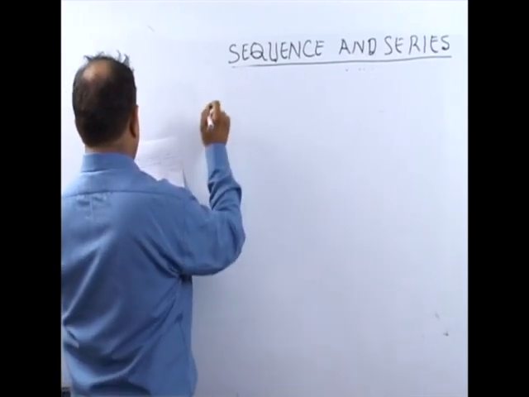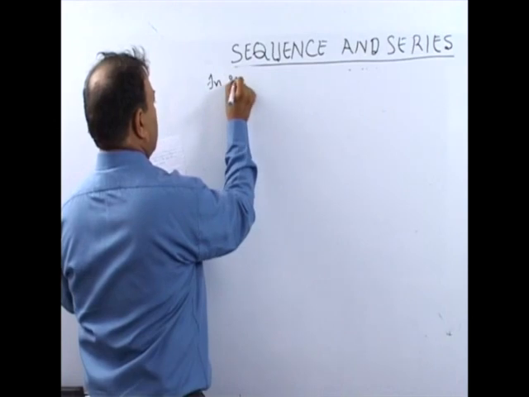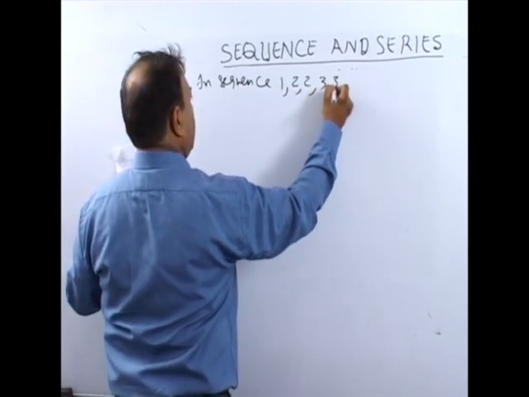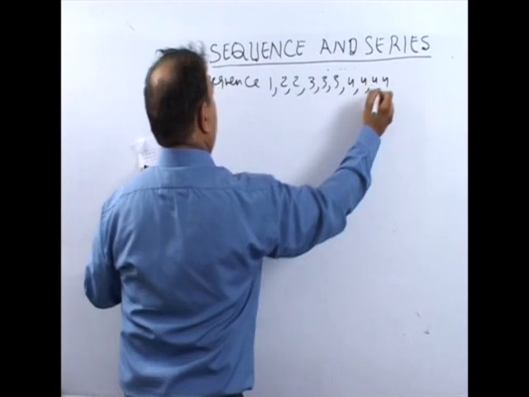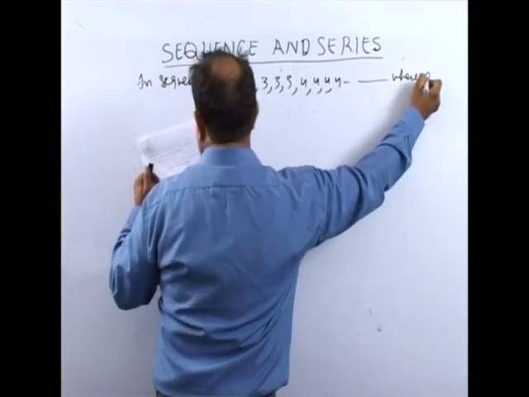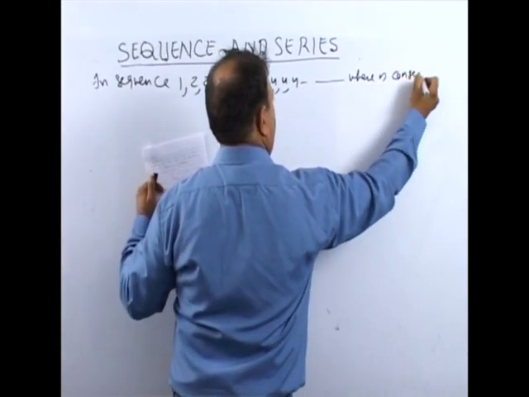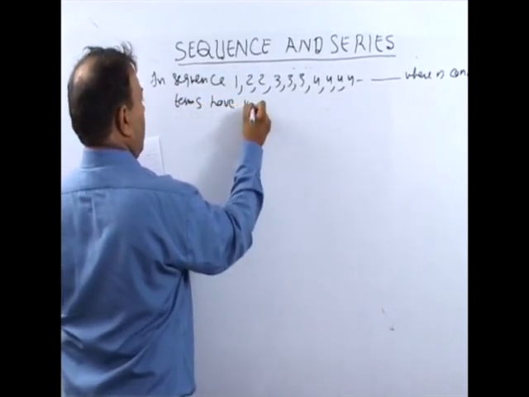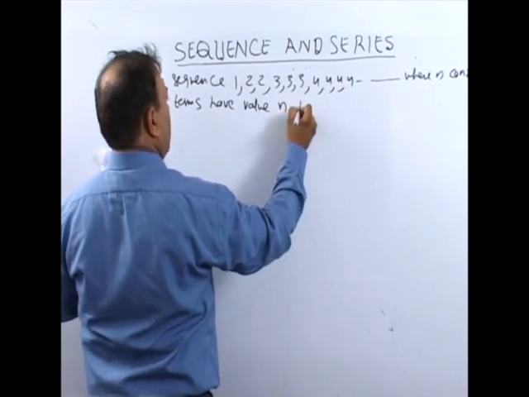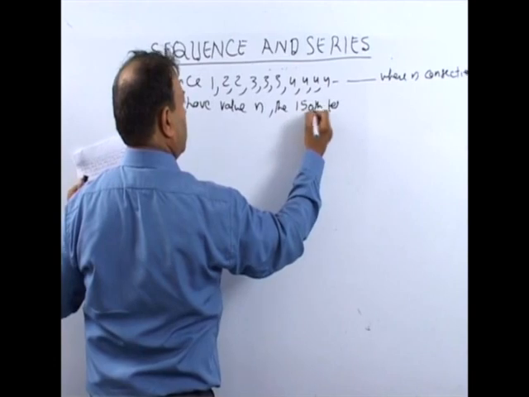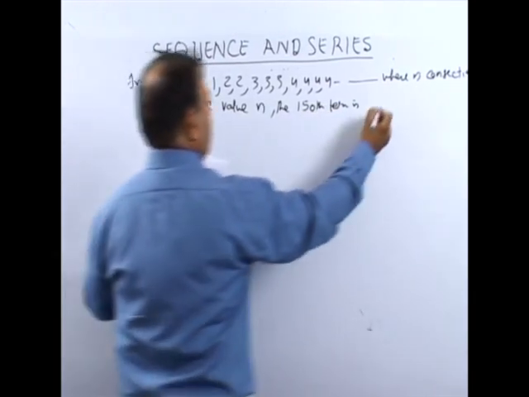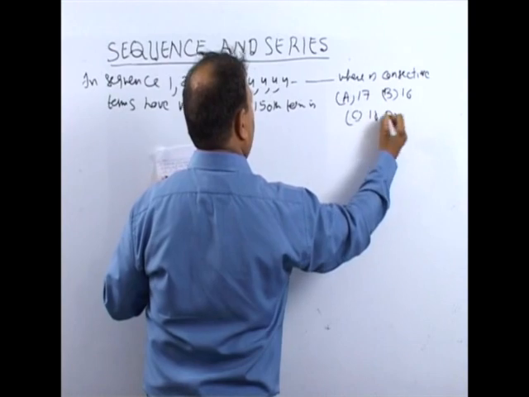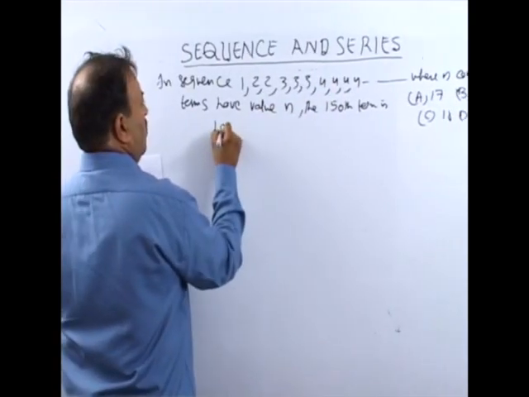Question is, in the sequence 1 2 2 3 3 3 4 4 4 4, where n consecutive terms have value n, the 150th term is: A option is 17, B option is 16, C option is 18, and D option is none. So I take it, let the 150th